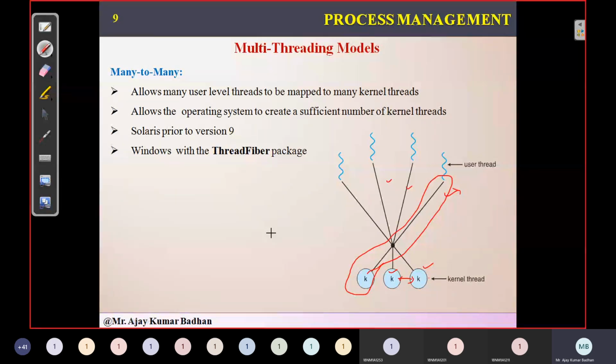At that time, whichever kernel thread is available will be provided to the user thread so that it can perform the operation. This is what we call multiplexing. I'll give an example. We all use GSM based technology in our smartphones, right? GSM will have certain frequencies. Let us suppose it has 10 frequencies. Whenever you try to connect to your friend, whichever frequency is available, your system will connect to that frequency from there to your friend.